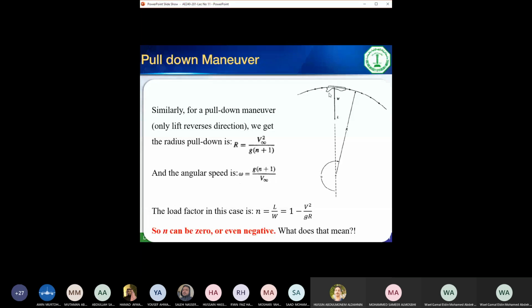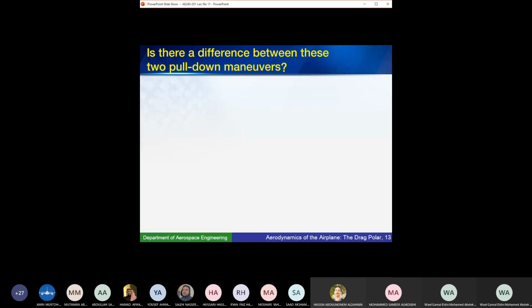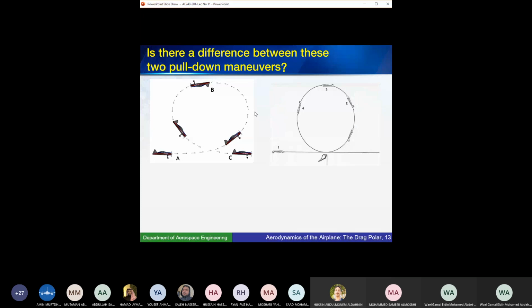Now, to see this, I'm going to talk about it like this. The same maneuver can be done if the aircraft is inverted or the aircraft is upright. See, this maneuver is very similar to this maneuver. In here, the weight is down, the weight is down. The acceleration is toward the center, the acceleration is toward the center. The lift is up, the lift is up to balance it. The main difference in here is